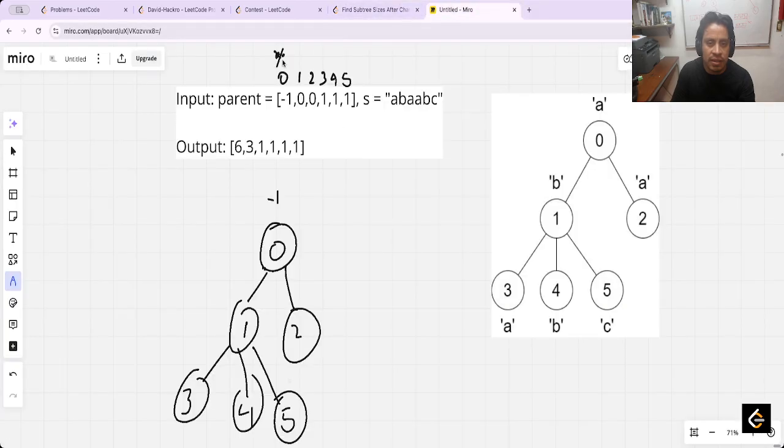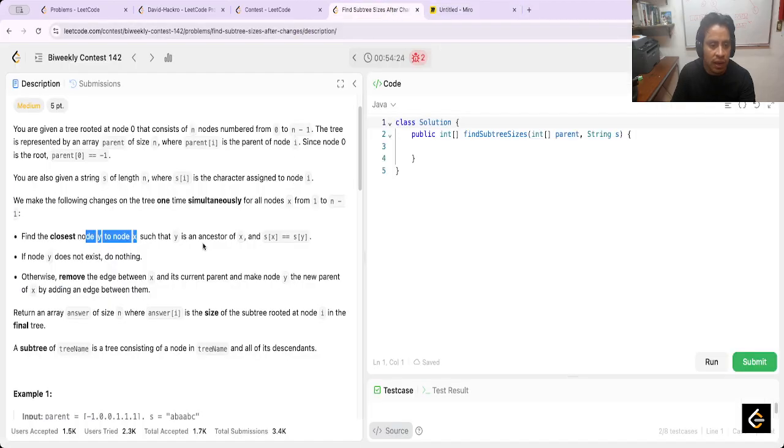Okay, this is the parent of this, yeah, basically this element, because 1 is the parent of this and this, but the closest is this. If x doesn't exist, no, but in this case it exists. Otherwise: